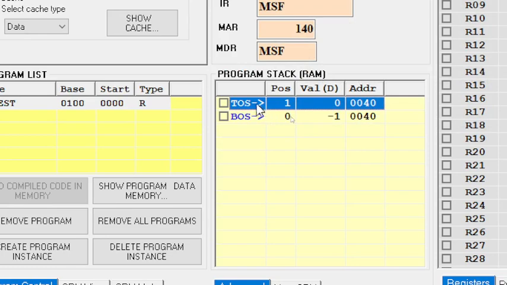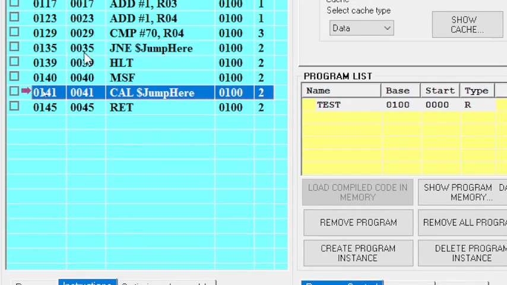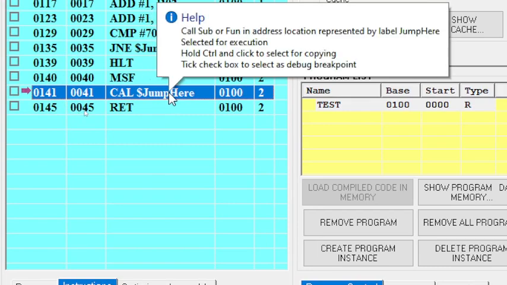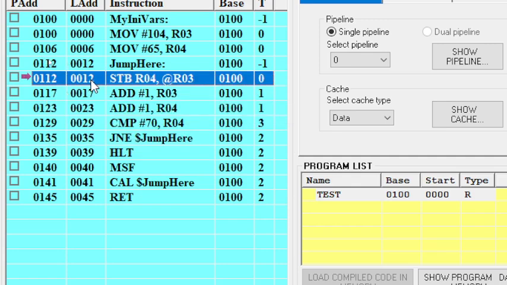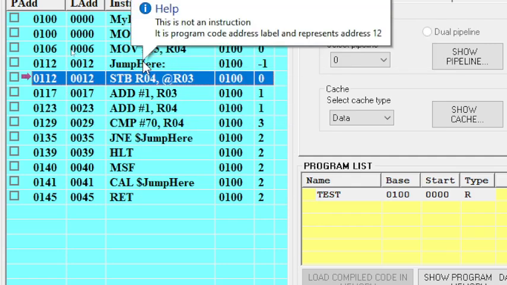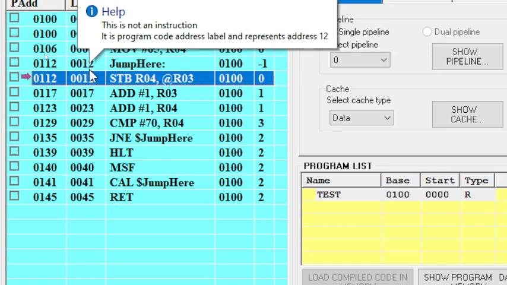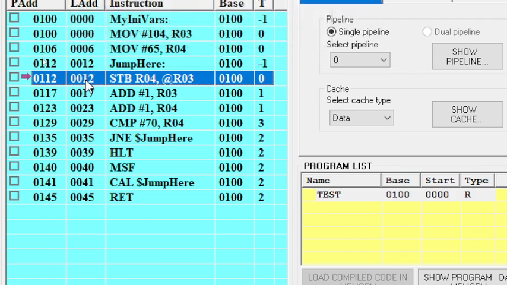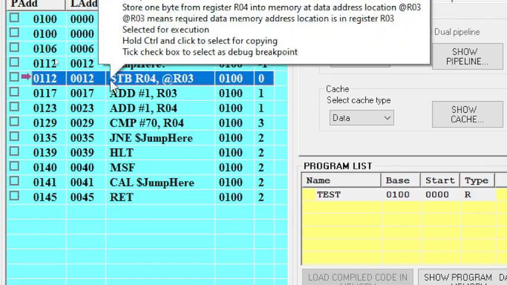So in the top of the stack and the bottom of the stack, because you are marking now the stack frame, call jump here. Okay, we call the jump here, which is the 12, the calling procedure.